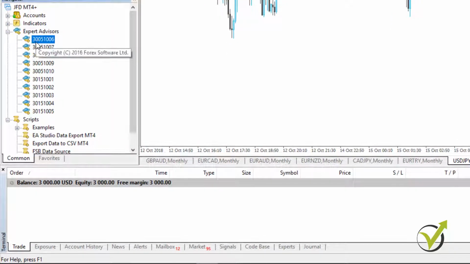So the first digits 30 stand for USD/JPY. Simply, this is how I recognize the expert advisors, because I'm testing so many expert advisors daily for different currency pairs with different systems, so I need a system to recognize which expert advisor is for USD/JPY, for EUR/USD, especially in the accounts where I'm placing many expert advisors for different currency pairs. So this is my own system of naming the expert advisors.